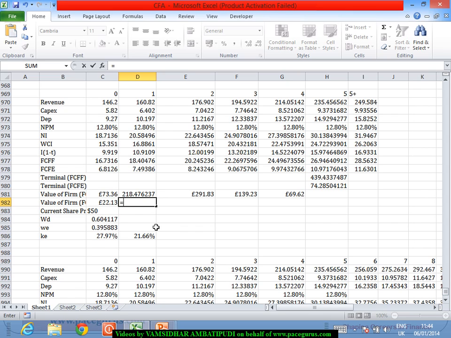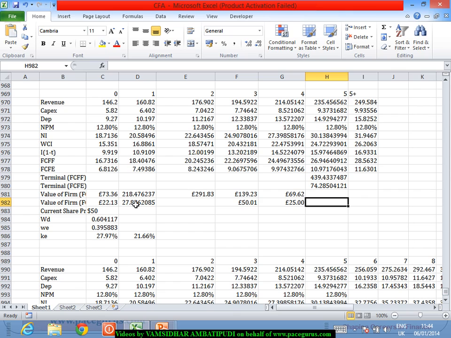Then I can discount this FCFE to the present value, so this particular value divided by 1 plus this to the power 5. Finally, when I add up the total value of the equity using this mechanism, it is this plus this,